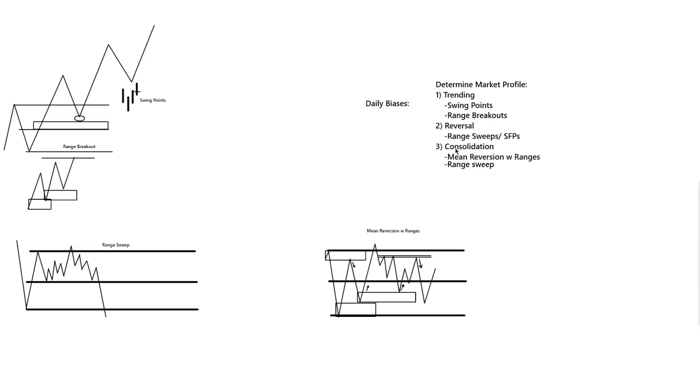So for reversals, I classify SFP and range sweeps into the same thing, and I'll show you in price action later. But if you really look at it, the main thing that Dante puts emphasis on is time and price, right? So it puts in the high, comes back up, retests the mid-range, and then spends time, and then retests, sweeps that, and then reclaims, and then rallies, right? So an SFP and a range sweep are pretty much the same thing,